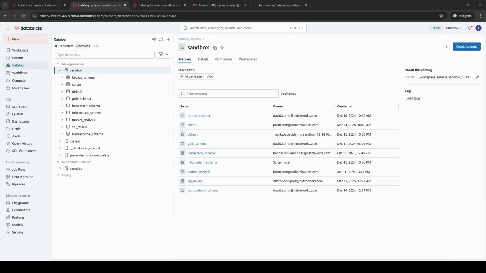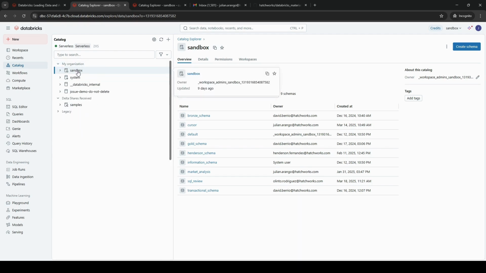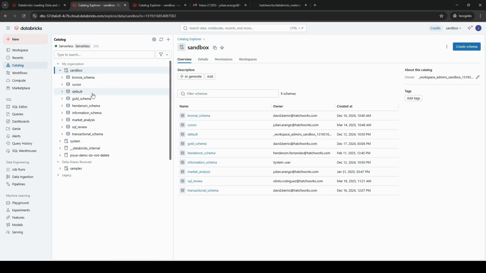Let's have a quick overview of the data catalog. Data catalogs are powered by Unity Catalog, and they are enabled on all Databricks workspaces by default. We have a main catalog called Sandbox, and we encourage our fellow Hatchers to create their resources within a schema